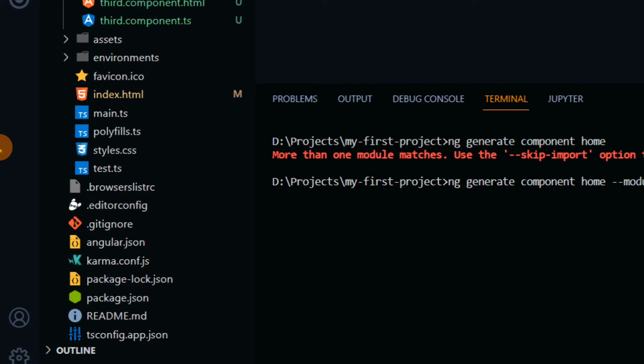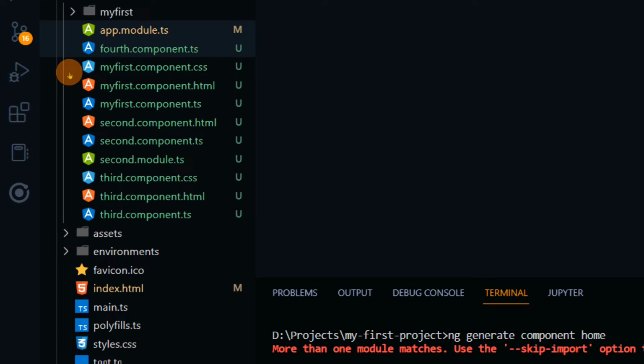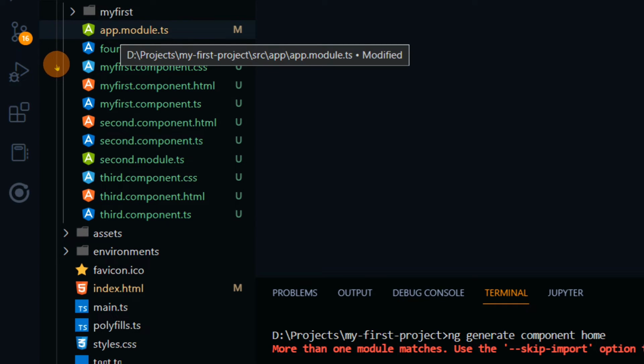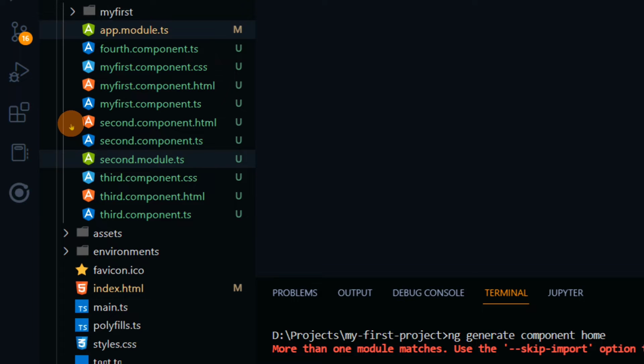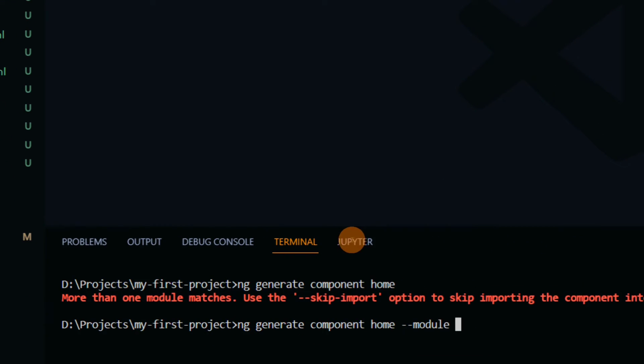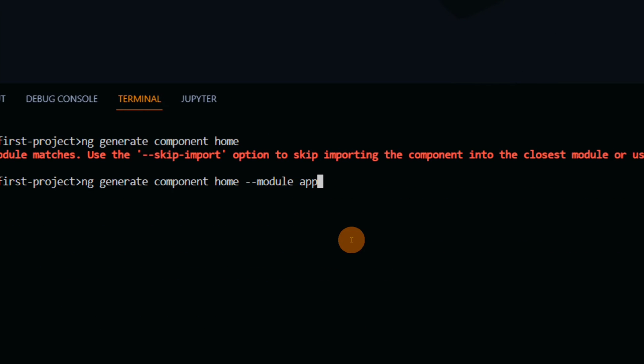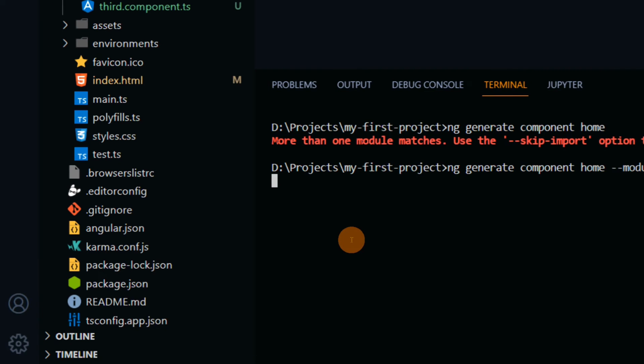In our case we have two modules, and we want to apply that particular component inside the app module. So the name of this module is app, everything before this dot symbol. So the module name for this app module is app, and if you want to include that particular component inside the second module, then the module name will be second. So I want to add that into app module. So let us see how we are going to pass that. You just have to write app, then hit enter,